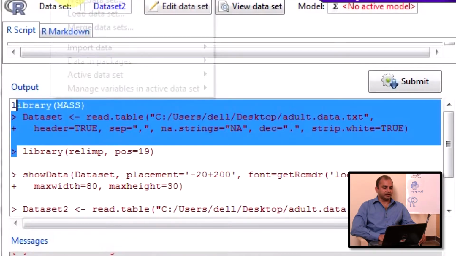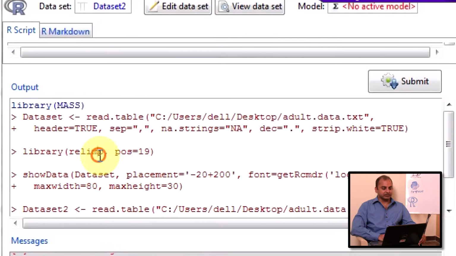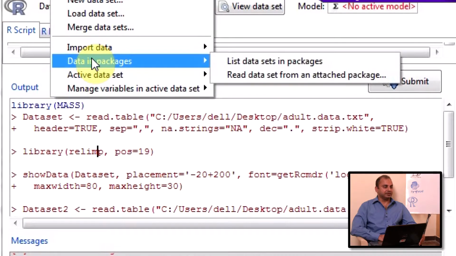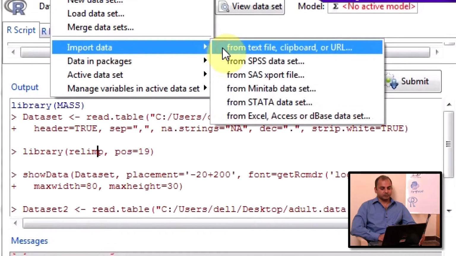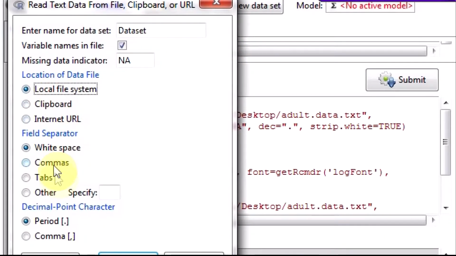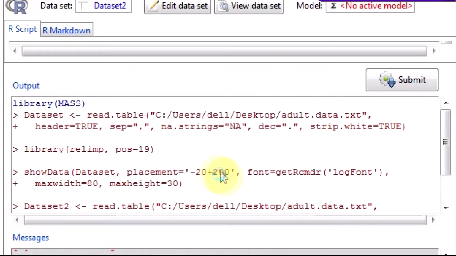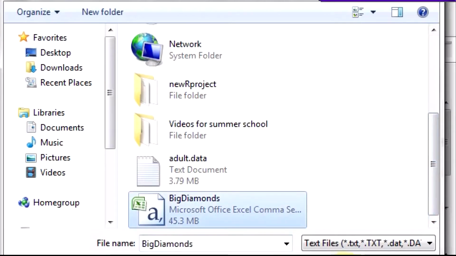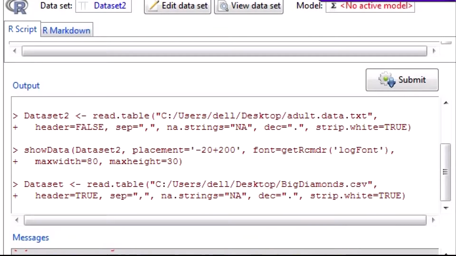Let's do another thing. Let's get the big diamond data from bit.ly/dsdata. Where did I get this data?